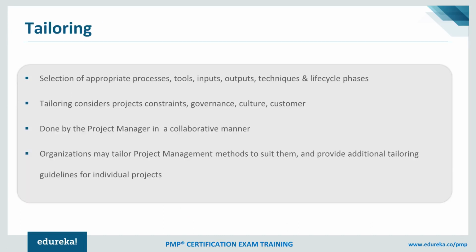We are going to cover 49 processes which are part of the PMBOK Guide, 6th edition. And as a part of the examination, we should be aware of all these 49 processes and what happens within these processes. What are the different inputs, outputs, tools, and techniques that we use? At times it might sound confusing, but once you understand the context, then you'll be able to relate to it very easily. So from there, we are going to move on to a bit of a different topic,